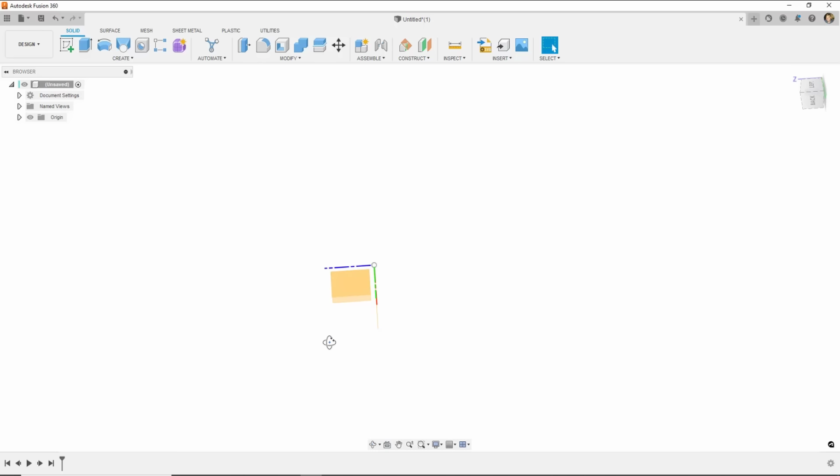Now, if we let that go, you'll see it looks like we've messed up our view here. We can see whereabouts we are, but how do we get it back? We don't want to be trying to get the correct view. Well, all we need to do is click on this view cube. If you want the top view, you click that, and then you can click these arrows to orientate that top view. And then if you wanted a front view, now you can click on this arrow and it will go to the front. You can go to the left view, back to the front, to the right view, back to the front. And if you want that nice 3D view we had at the start, you can just click the corners